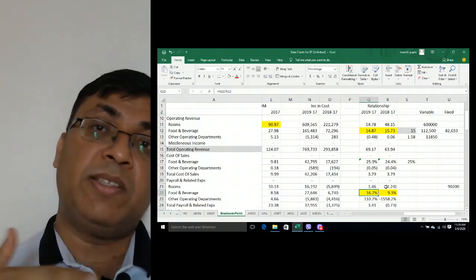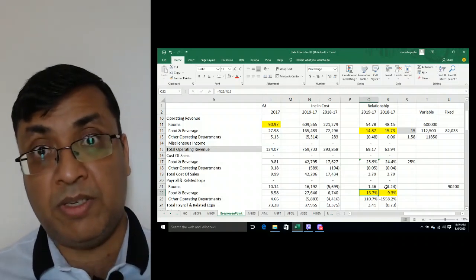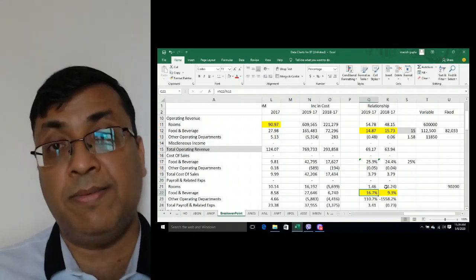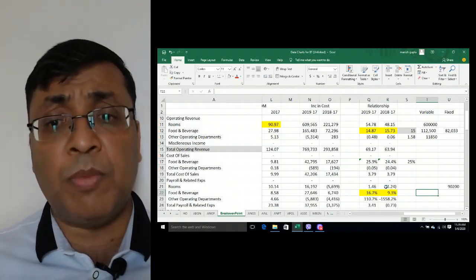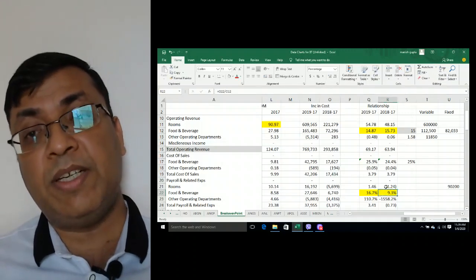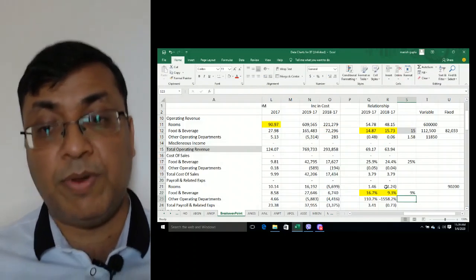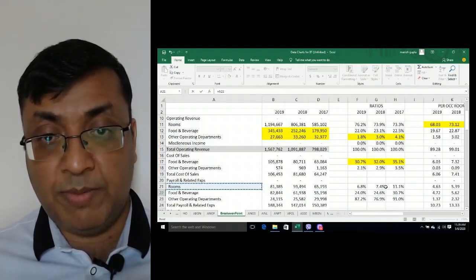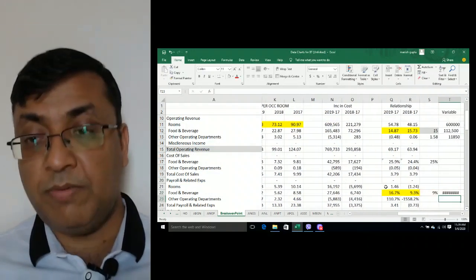It is not a simple variable cost after a certain level. Once the business crosses a certain level, the costs are increasing even much higher than a variable cost. So it's a step fixed cost. So how much would be the fixed component? The fixed component here would be 9, since 9% is a modest increase. So we can say 9% is the variable portion of revenue. So the 9% of variable portion means the revenue was 179,000 into 9%.